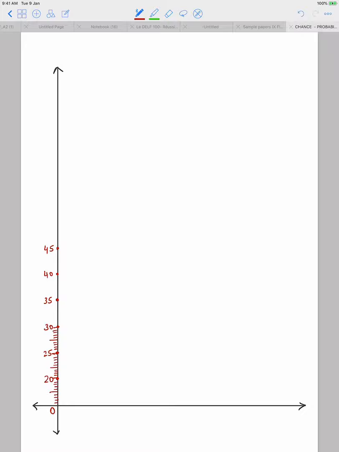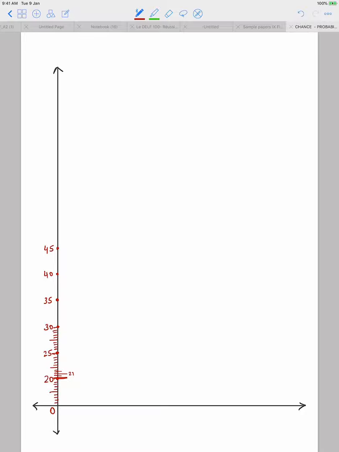You can easily see in between 20 and 25 there are 10 small lines, and how many numbers to count in between? Just 5 numbers. So can I say that 2 small lines will represent one number? Now if I want to represent 21, this is 20, then one small line and then another small line, this one will be your 21.